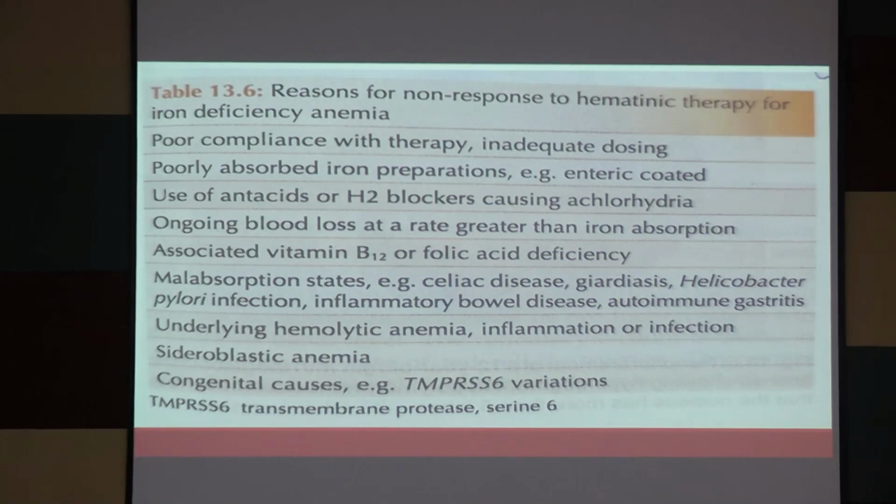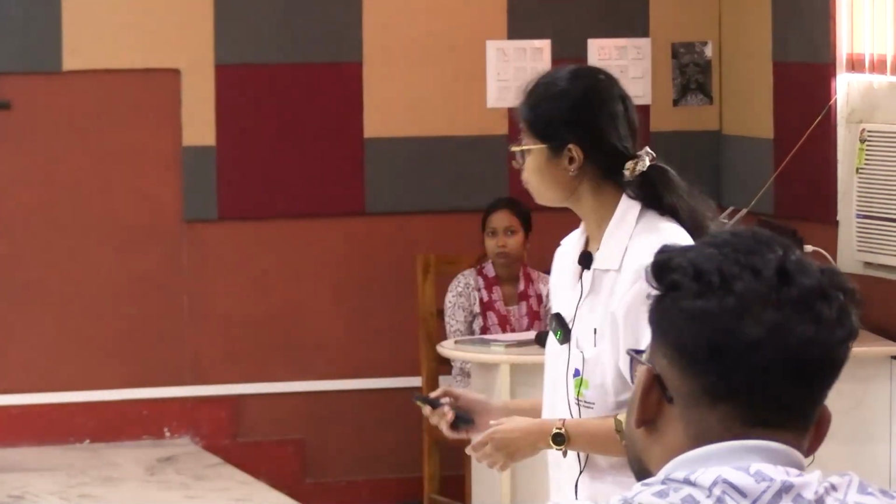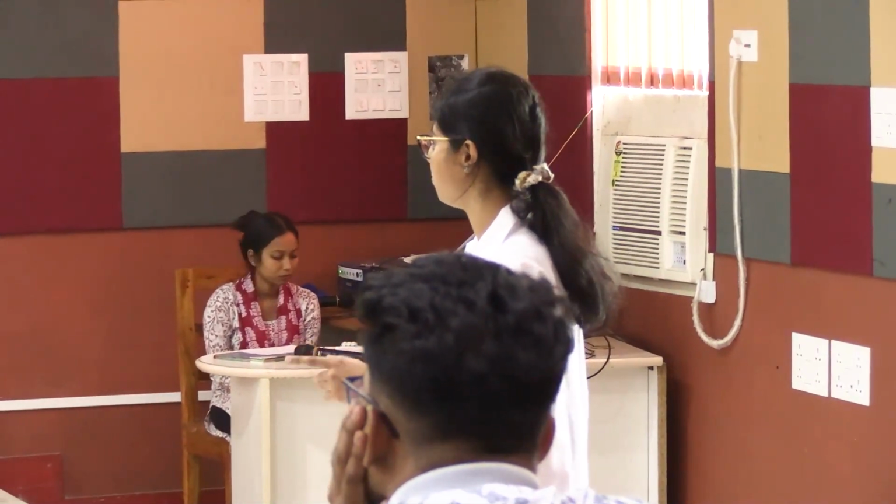That's why children don't like it. Even the pregnant mothers, because antenatal mothers are supplemented with iron, also sometimes don't want to take it because iron causes gastric irritation and the taste is very metallic. That's why the compliance is mostly very poor. So each and every visit we will have to say, take iron, it's important. Okay. So the first point is poor compliance, because this is the most common cause, poor compliance with therapy,